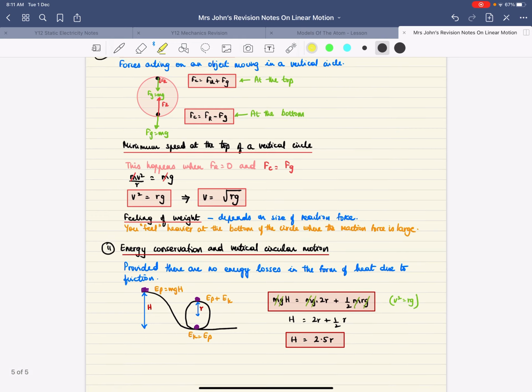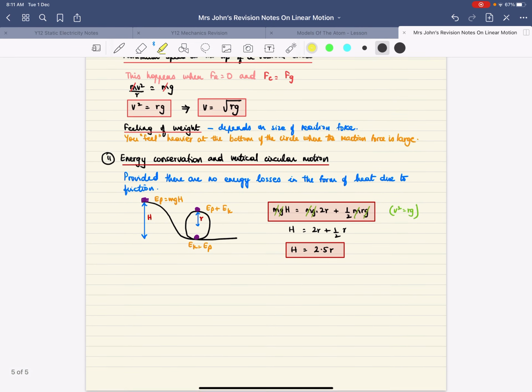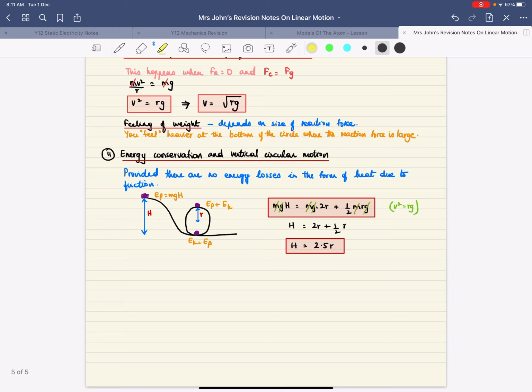Now, looking at energy conservation in vertical circular motion, I've just given an example of looping the loop, which is there on your roller coaster rides. So you have the higher hill, which is the capital H, that's the height of that. And all the energy at the top is gravitational potential, which is mgH. When it comes down to the bottom of the loop here, all that gravitational potential energy is converted to kinetic, provided no energy is lost in the form of heat because of friction. But when it rises to the top of this little curve over here, the top of the hill, which is not as high as the original hill,